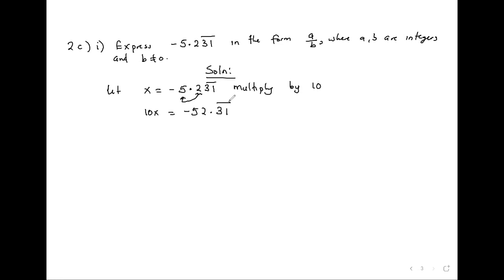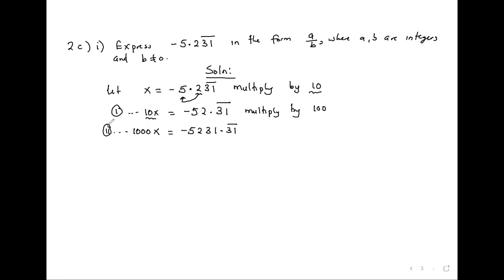52.31 bar. When you multiply by a positive 10, nothing has happened to the negative. So the negative must be there. Then now multiply by 100, so that we move the two numbers under the bar to the left one step before we can do the subtraction. So it will become 10 times 100, you get 1000x, and then negative 5231.31 bar. At this point, I can name this one to be equation 1, and then this one to